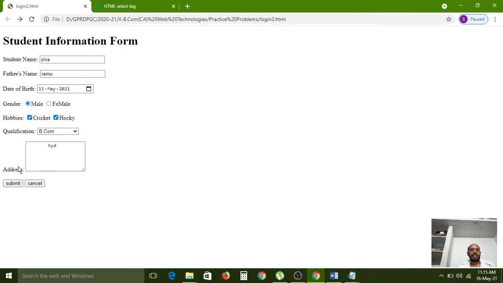Now for the reset button working, all of you carefully observe. Here I have filled in the values now. What is the reset button functionality? Like a cancel button. Here all details are given, all text boxes are filled, but my date of birth is wrong and the remaining details are wrong. So that's why I'm cancelling all this data. Then it clears everything. Understand? So like that we have to use the reset button.